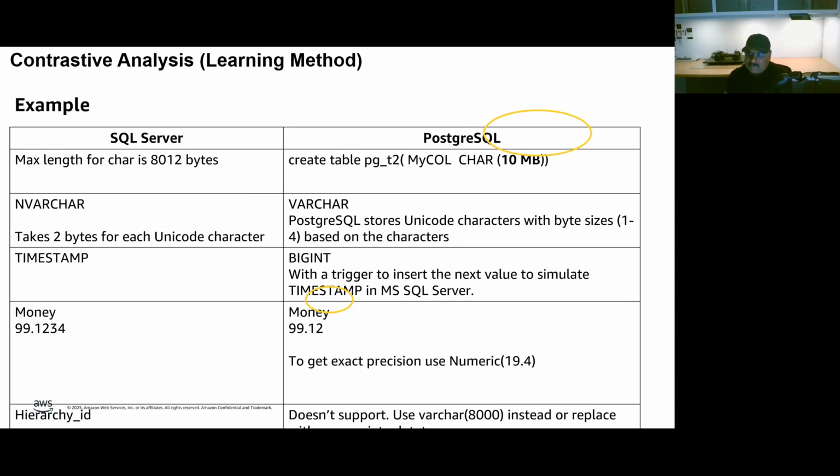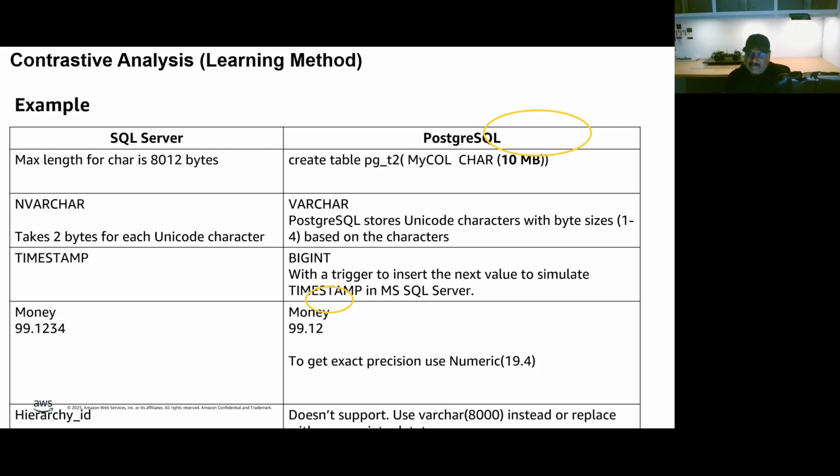This is a learning technique where you compare and contrast everything between these two database engines to learn your target database, in this case Postgres. We are using the same format throughout the session to make it short and a fast track mode to learn Postgres.